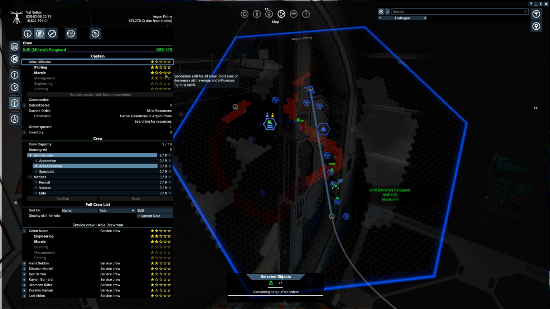And obviously morale is a secondary skill for all roles, as it says there. Increase and decrease skill average and influences fighting spirit. And obviously the primary skill is piloting. So our morale is being boosted on every character, on every ship, as they're going about their daily business,